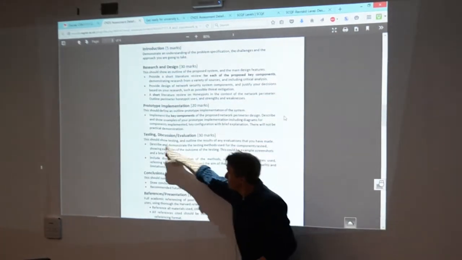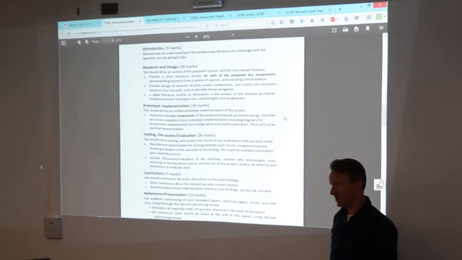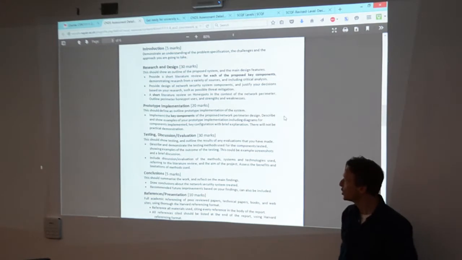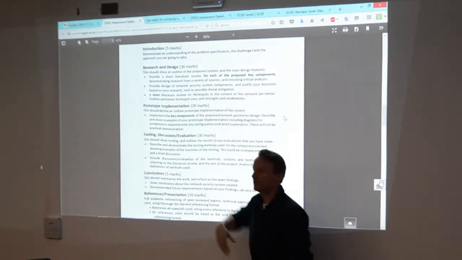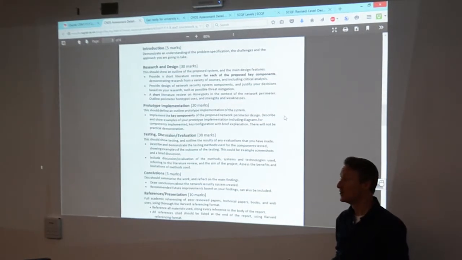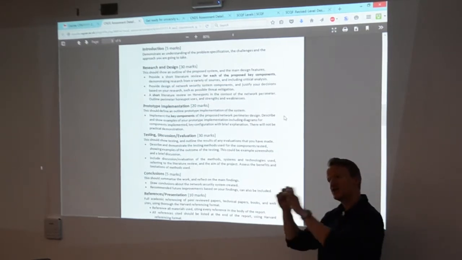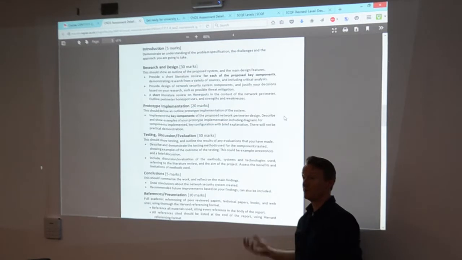Yep, well we've got a separate section for the testing. A good question. So the question is whether you have to describe each bit of configuration. What I would say is, you're trying to get across within the page count, within a couple of pages, what you've done, and to show us the level you're at. So you're not going to have space to put every single bit of configuration in, so why don't you appendix some stuff and then take interesting snippets and describe them, okay?